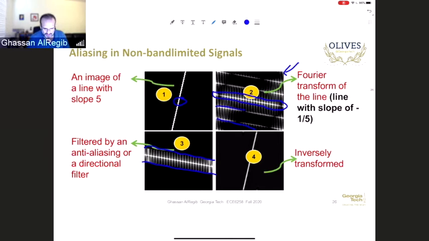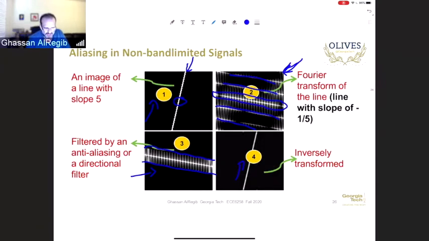This copy in here, this copy in here, this copy, and this copy. All of these are filtered out. And if I get this one here and then apply my inverse Fourier transform to go back to the spatial domain. So this is spatial domain, this is spatial domain, 2 and 3 are the frequency domain. And then once we get to the DFT, we'll study how we can plot these using DFT. So what you observe, we got this image, we apply Fourier transform, we visualize that Fourier transform here,